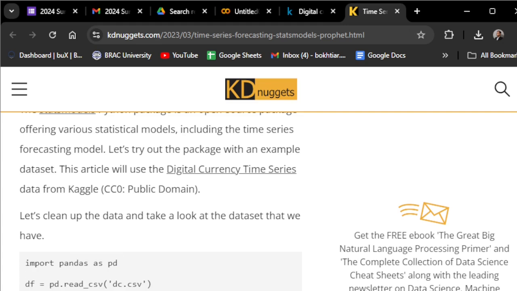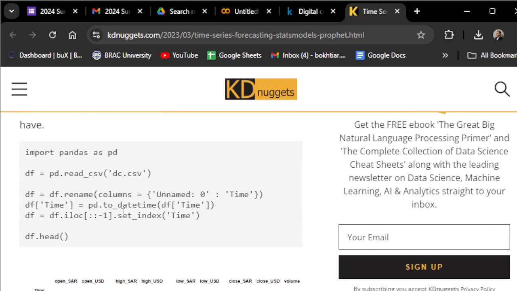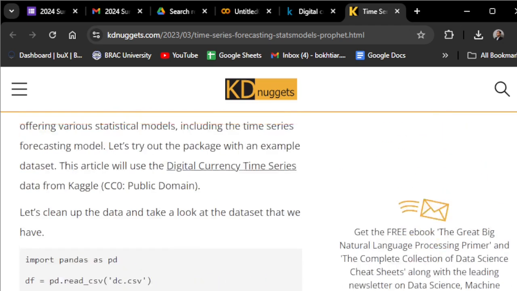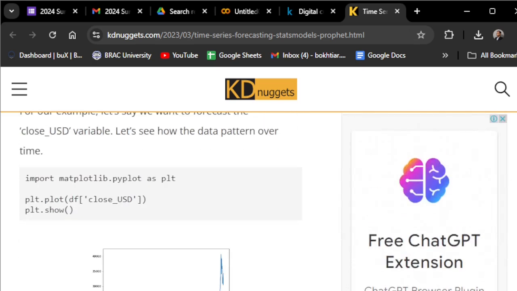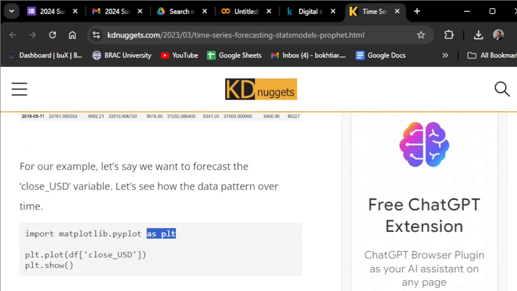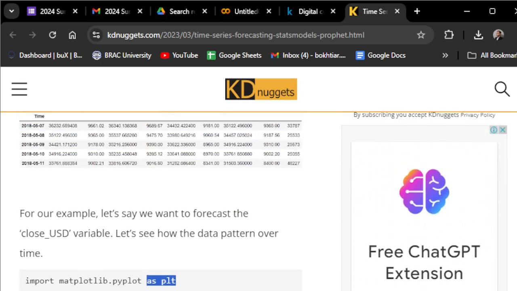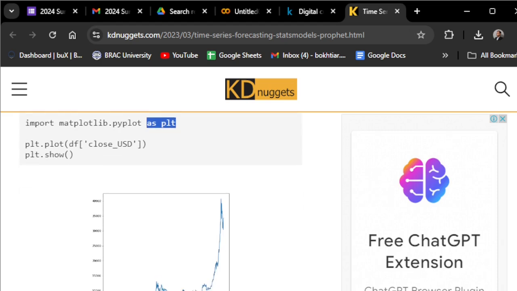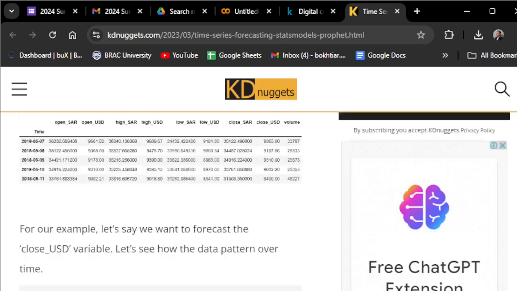With datetime, we're going to be assigning the datetime, then indexing the time, and to see what's inside the data, we're going to use the head method to see the top 5 rows of the data. We also have to use matplotlib in order to plot the data in a chart. We also have to split the data. So first of all